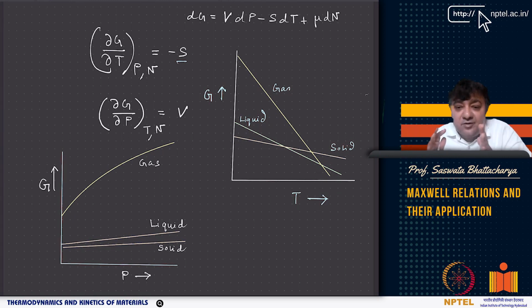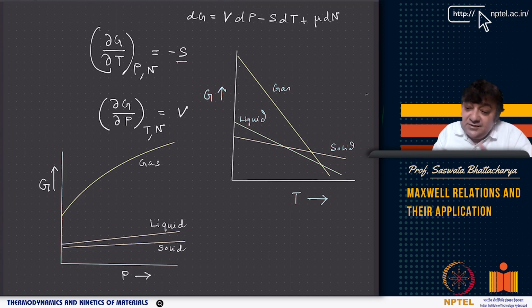Liquid has a little more order, but still the molecules can move around. Liquid has more order than gas. Gas has almost no order. And then you have solid, where all the atoms are very closely packed. You can assume some springs are connected between these spheres, and this has a much more regular pattern. Solid has a much more regular pattern than liquid. So in general, solid has the lowest entropy, and liquid has slightly higher entropy than that of solid. But in the gas case, it is very, very large.